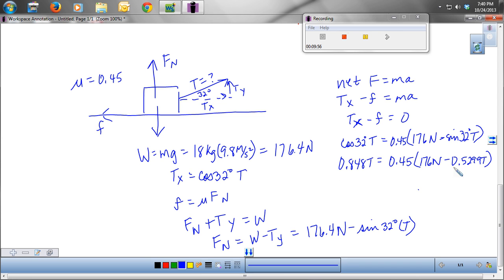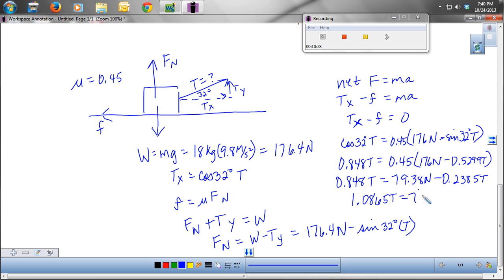So I had 0.848 T. I multiplied 0.45 times 176, and when I did that, I got 79.38. And then I multiplied 0.45 times 0.5299 T, and when I did that, I got a negative 0.2385 T. I brought my T's together by moving this over to here, and when I did that, I got 1.0865 T